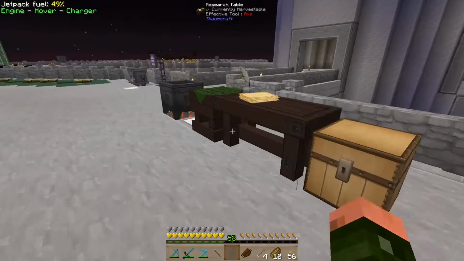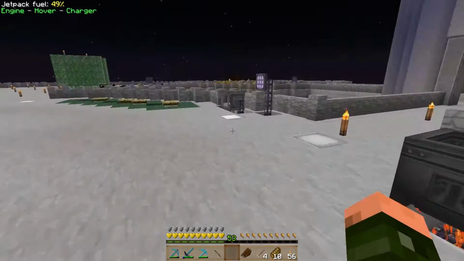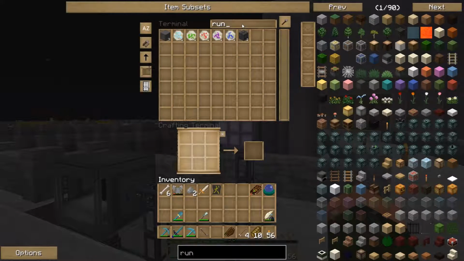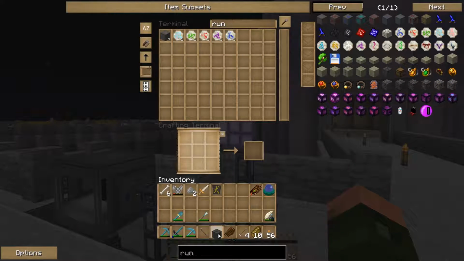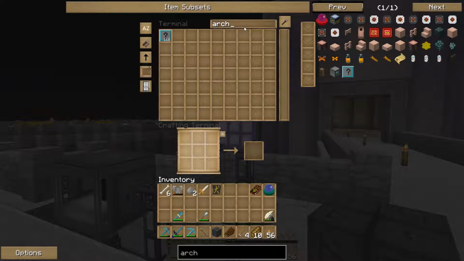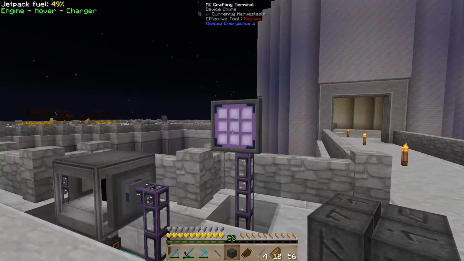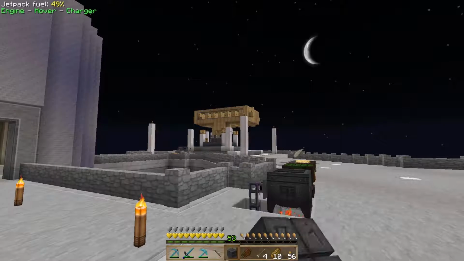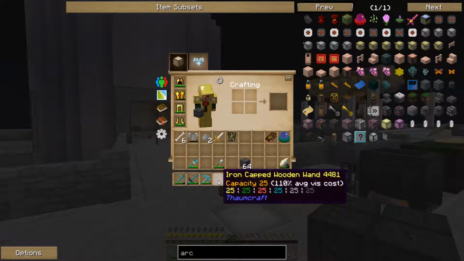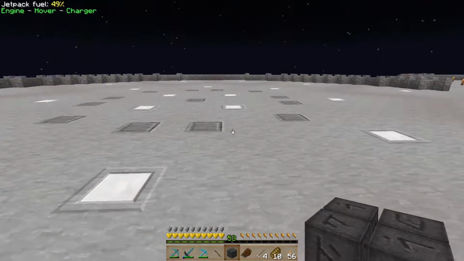Okay, well, it's time that we got our infusion altar all set up then, isn't it? So let's get ourselves that runic matrix, and we're also going to need some arcane stone. I've been making a lot of that. One of the side effects of actually going up there and sacrificing all those mobs is when I've got my wand in my inventory, it keeps on getting filled up. I don't have to go out to find any